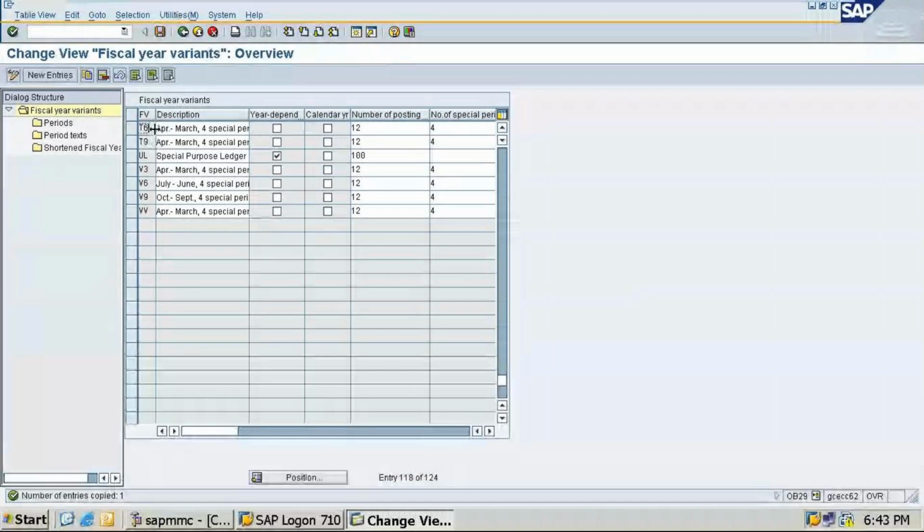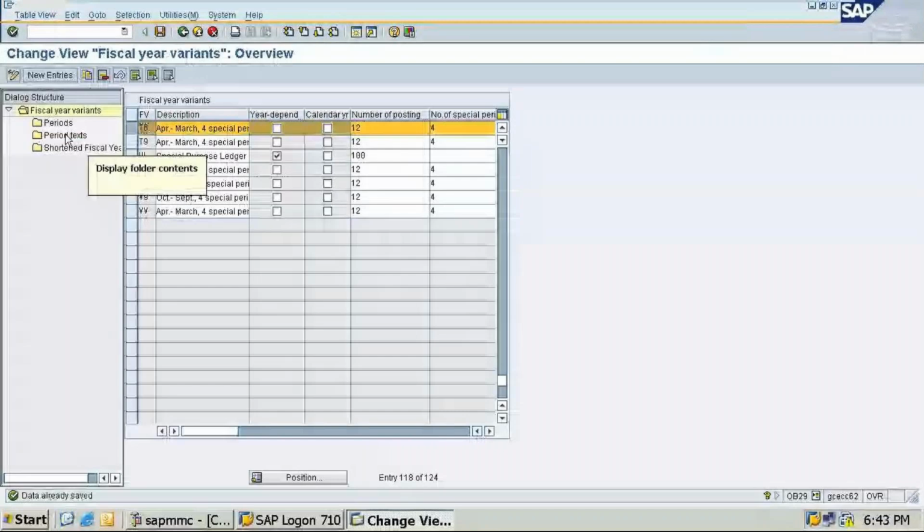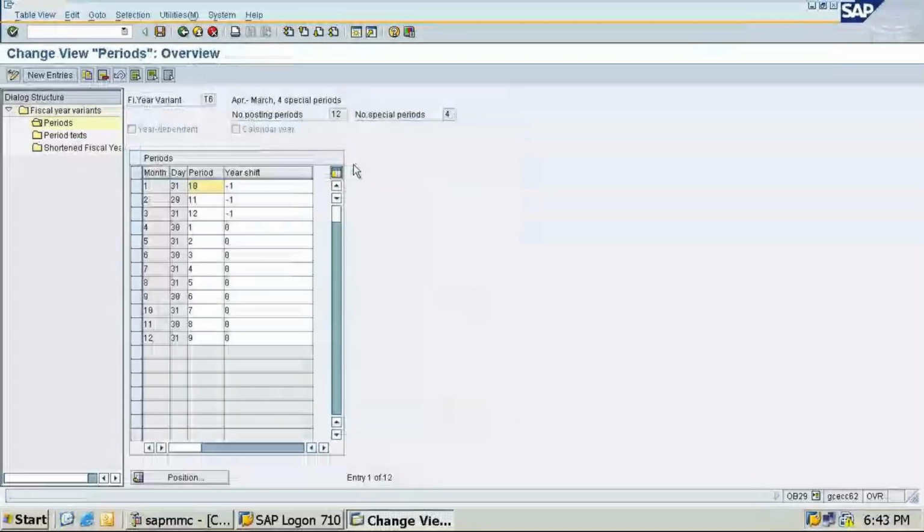Okay. So click on save, and save with the company customizing request. Once it is done, just click on this and check your periods. So all of it has been cleared. So what is that? -1. What is -1? Year shifting. It means this is from first April. Take an example of 2024 to 25. Now it is from 1, 2, 3, 4. It contains December. It will be 9 posting periods.